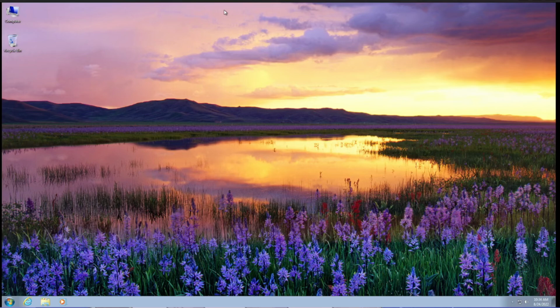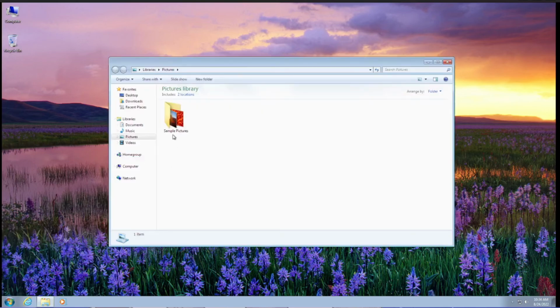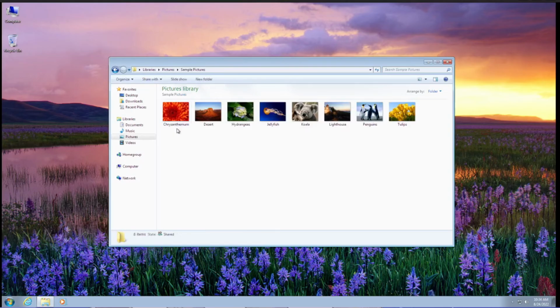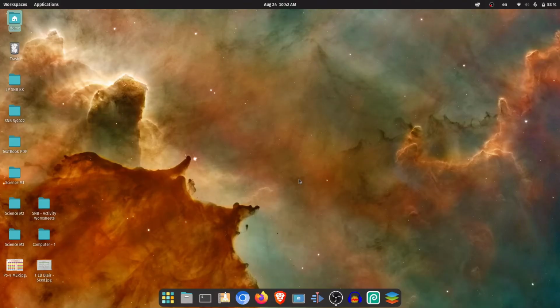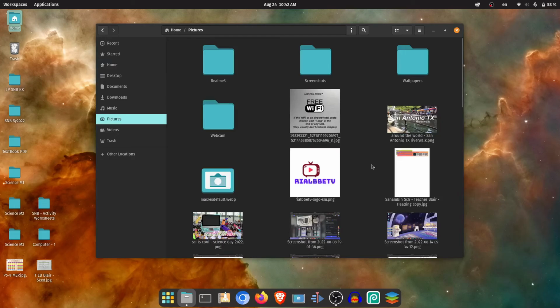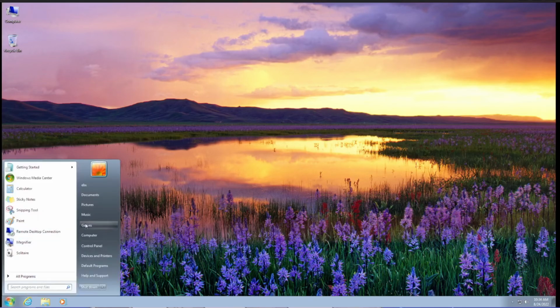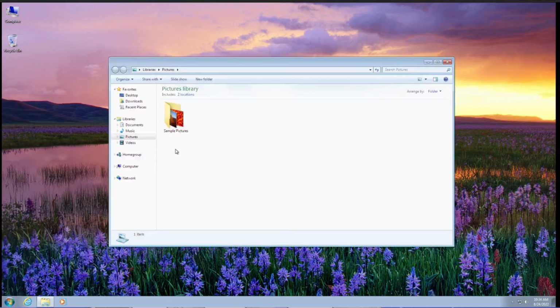Let's click the Start menu button and click the picture folder or your desired folder where your picture or photo is located. That's for Windows. For Linux, go to Home icon and click the picture folder or your desired folder where your picture or photo is located too. Second step, if you already locate your desired picture or photo in both Linux or Windows, right-click